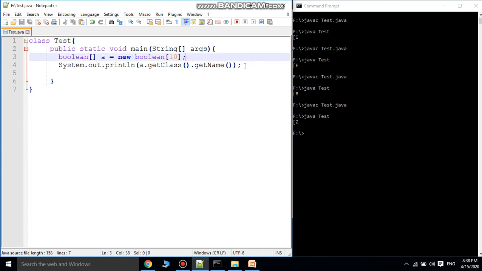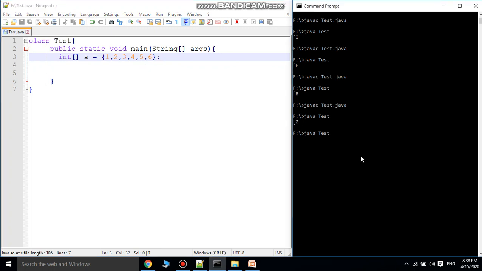For example, I don't want to create it dynamically here. My array data type is int, a is equal to, and I want to store the elements 1 2 3 4 5 6. How many elements are there? 6 different elements. All the 6 different elements are stored in the array a.